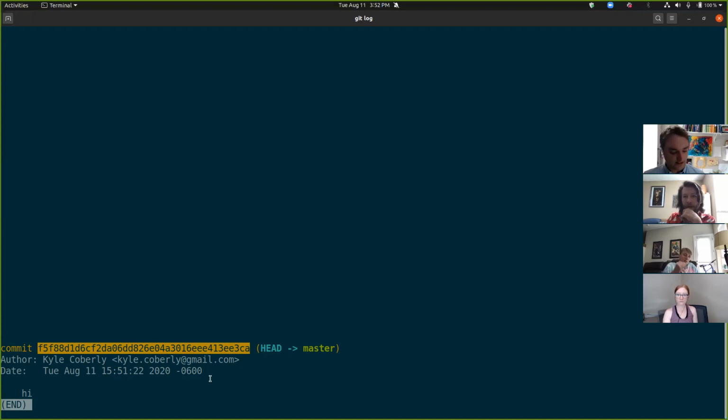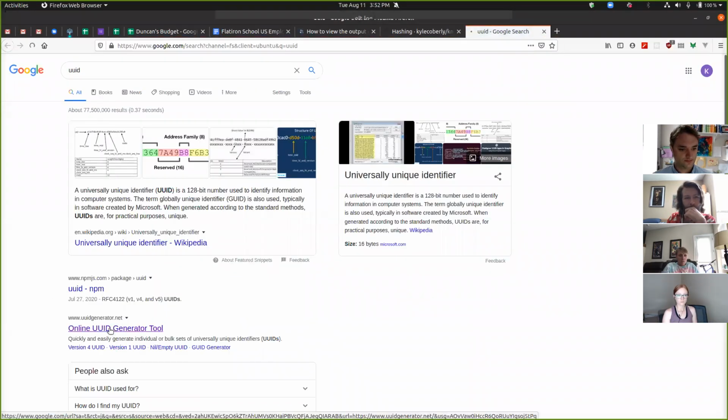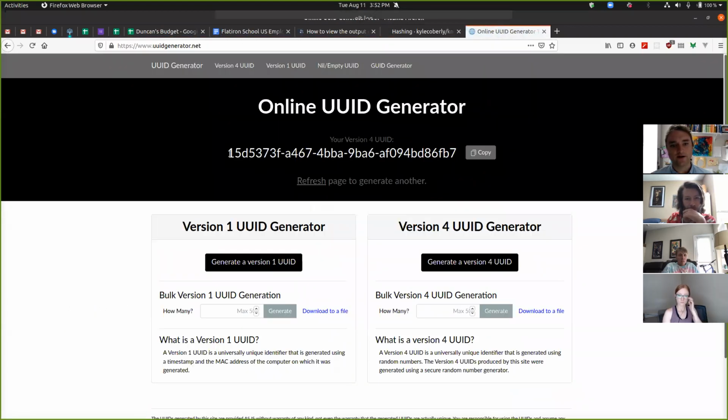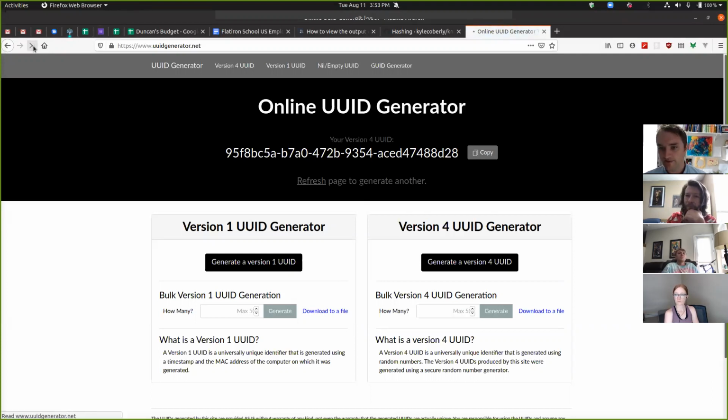Although a lot of those are just GUIDs. A lot of those are these. These use pseudo-random number generators, PRNGs, and these aren't hashes. There wasn't something that was turned into this, that's hashing. These are just randomly generated, but there are so many of them that they're statistically okay for use as IDs in databases. The chance that you using this tool and hitting refresh, that you and I are ever going to see the same ID,